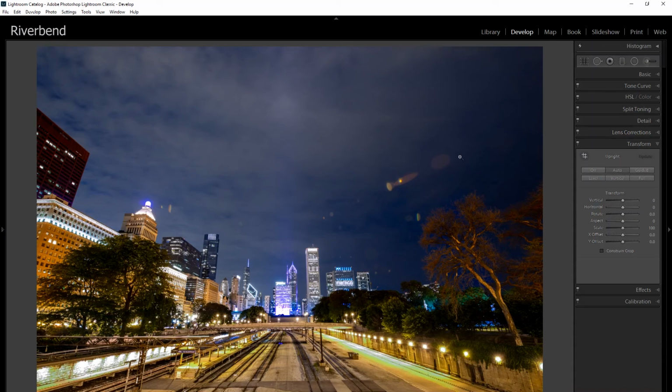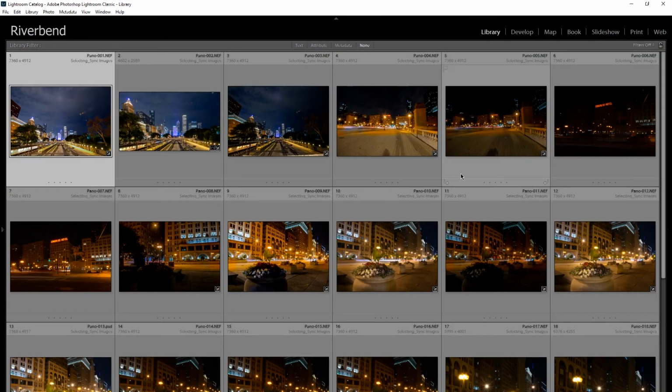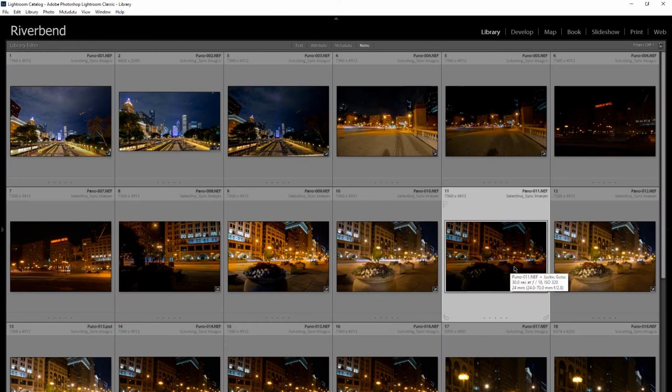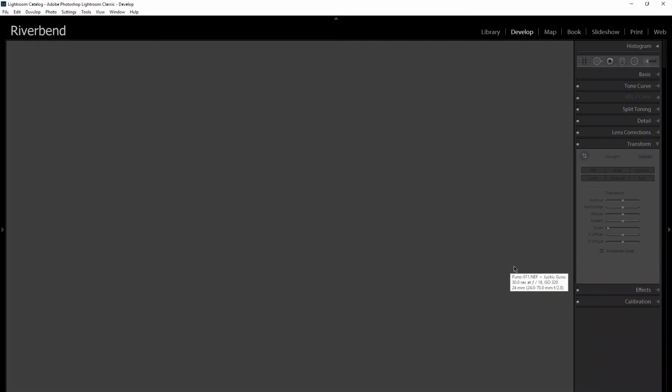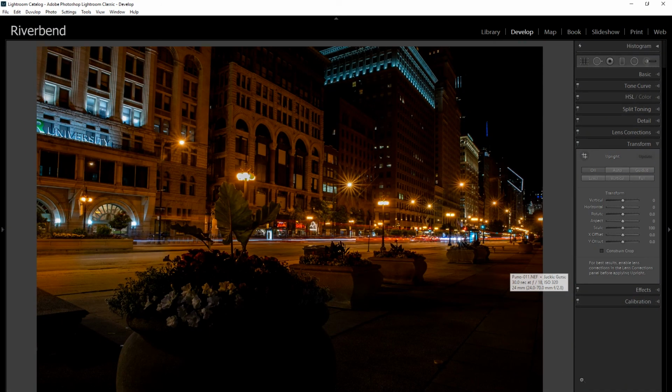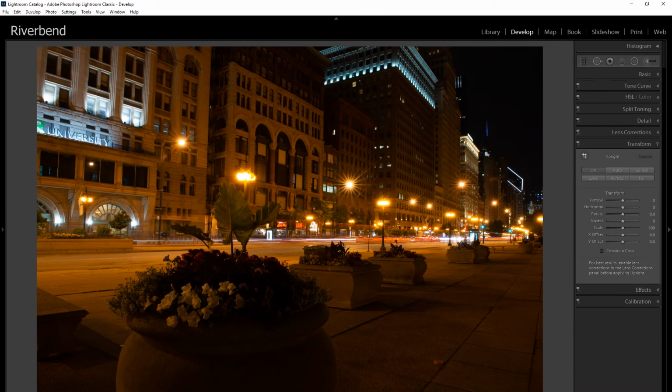Pretty slick. You know, if you didn't like any of what you brought over, what you synced, can you click on the individual picture and just say, I want to go back the way it was? Yeah, you could reset it. Just hit Control Z. If you hit Control Z, it will unsync all of them. Okay. So it'll take the sync away from every single picture, but suppose you only wanted it to take the sync away from one picture, so maybe this one, because that was synced before. And so if I took that back into develop and it's too dark, I don't like anything it did to it, then I can come back down here and hit reset, and it will reset it